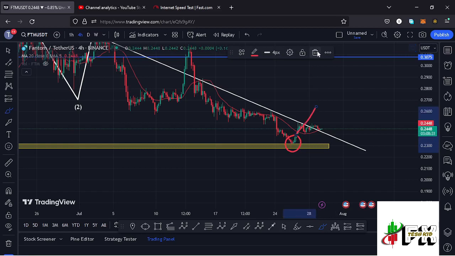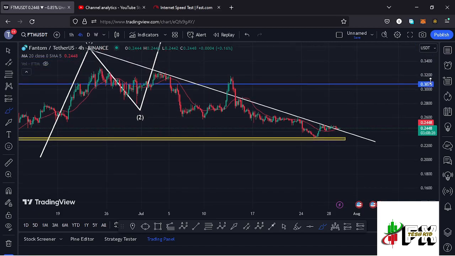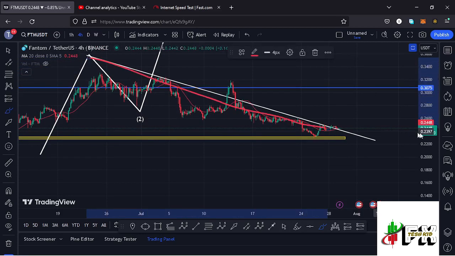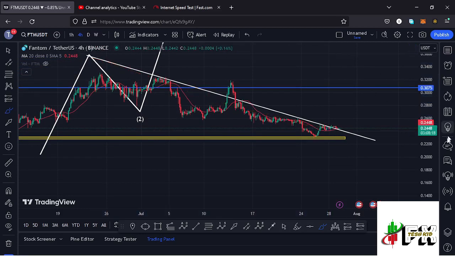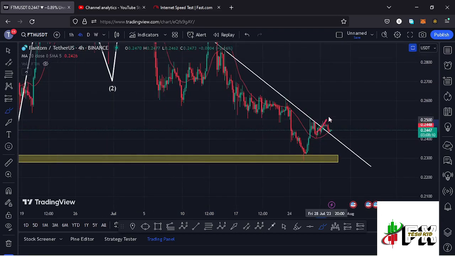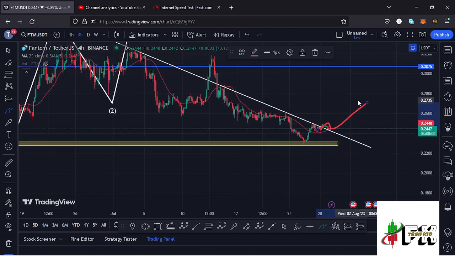And at the time of this recording, you can see that we have seen a break above a trend line that I have been having here on the charts, where you can see that I have this white descending trend line, where you can see that at the time of this recording we have seen a break above it, and all I'm watching out now is a successful retest of that descending trend line before we can continue gearing up in a break that could give us a high above the $0.27 mark, where we have our next key areas